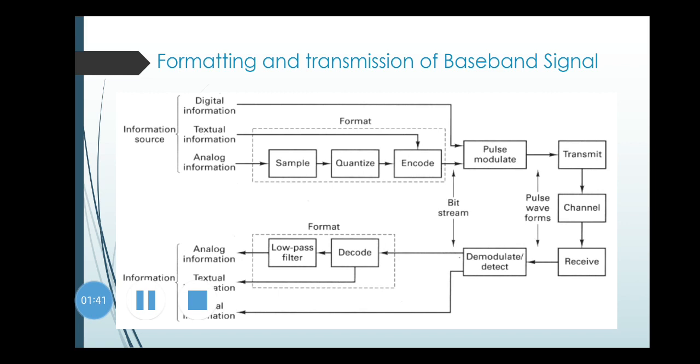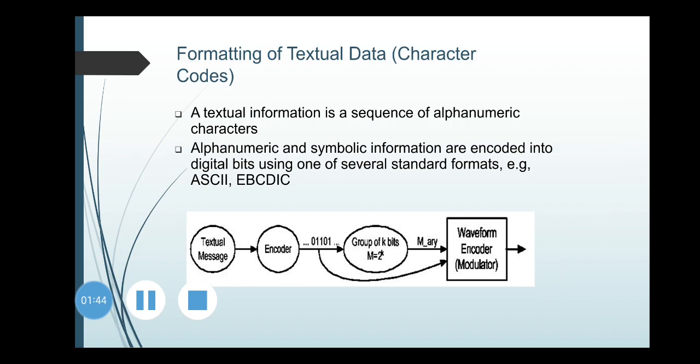Now let us quickly understand how the formatting of textual data, or characters or messages, is done. This textual data, when I say, or it is said as character, can consist of any values like alphanumeric values, alphabets, capital letter alphabets, small letter alphabets, numbers 1 to 10 or numbers from 1 to 9. These are converted into a format by making use of the standards that are present, that is, the alphanumeric and symbolic information is encoded into digital bits by using what?